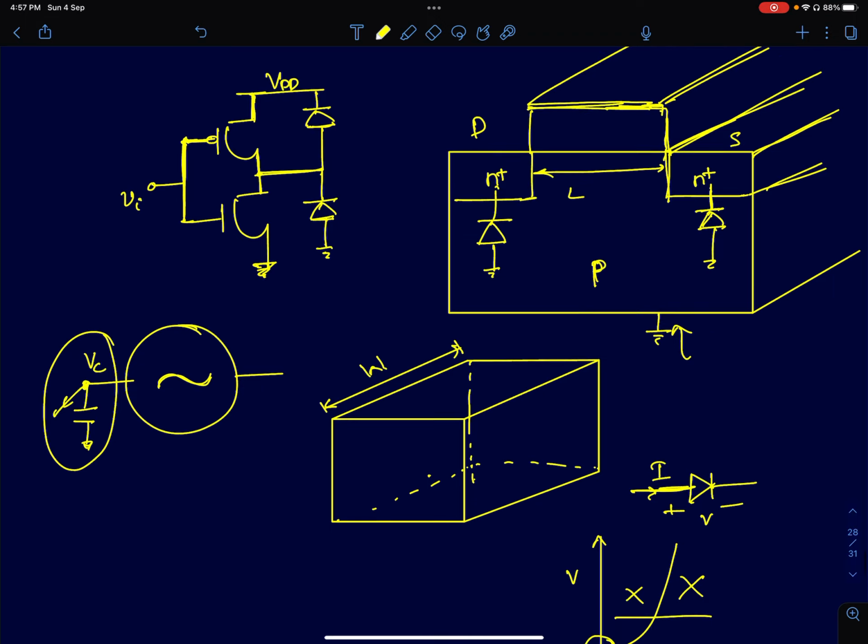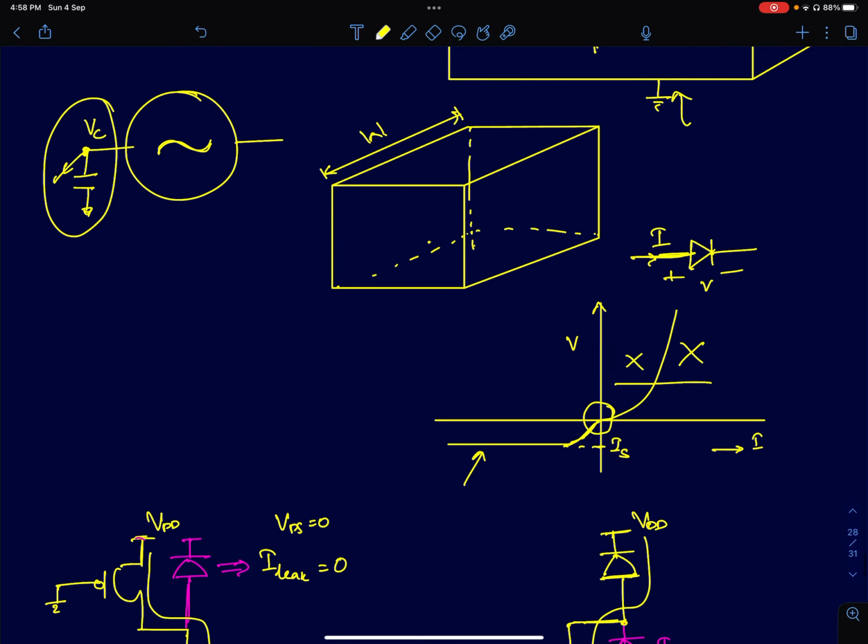So I thought to discuss that. To ensure that there are no leakages, you need to ensure that the voltage across the diode is nearly 0. Okay, then you get a 0, and 0, not nearly. It has to be 0 so that the diode current will be 0. If you apply a reverse bias voltage or even a finite forward bias voltage, you will have some current flowing